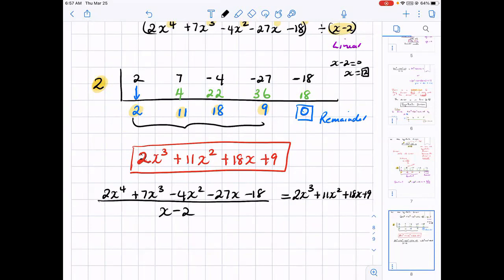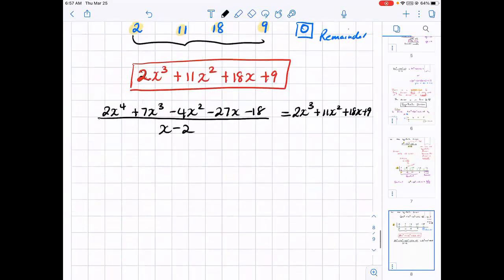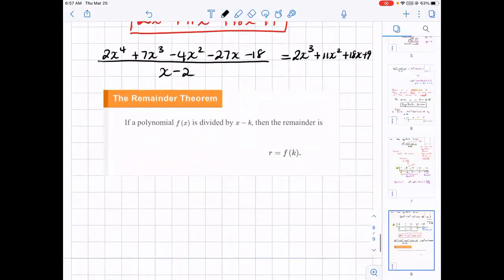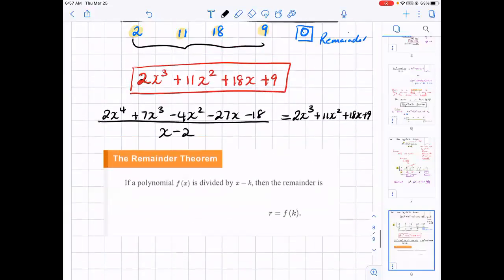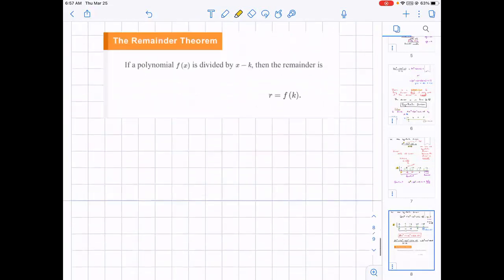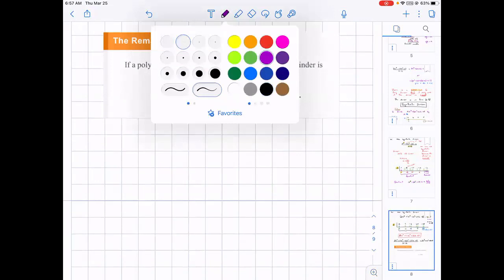Now, notice the remainder and factor theorem, right? If a polynomial f of x is divided by x minus k, then the remainder r is f of k. So what does that really tell us? Well, notice that here my remainder is 0. And this is telling us, right? This means